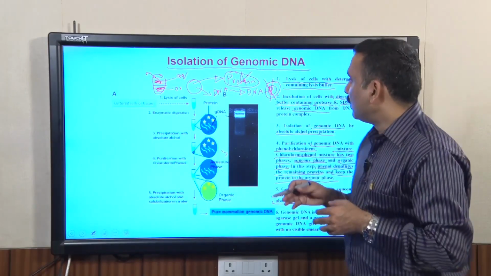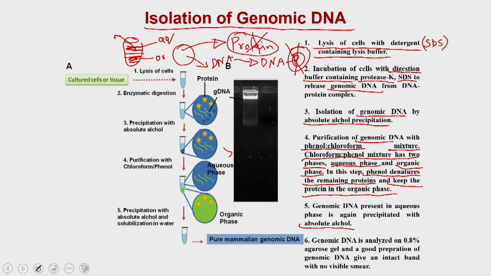How to do that? When you run this genomic DNA on an agarose gel, you will see an intact band of genomic DNA, and the other characteristic feature of genomic DNA is that it runs very close to the well. If you load this into the well, normally genomic DNA is very heavy. If it is not fragmented and is intact, it will run very close to your well. The other thing is, you also have to look for any kind of trailing